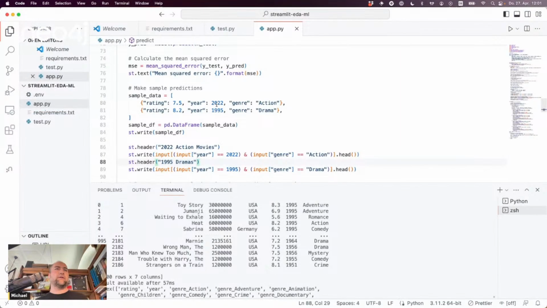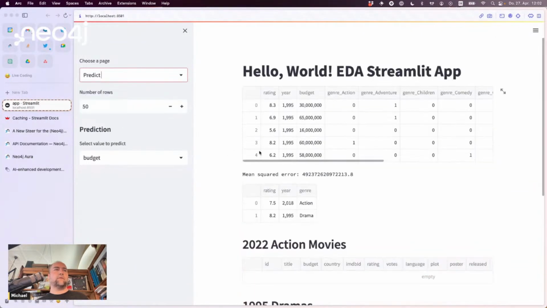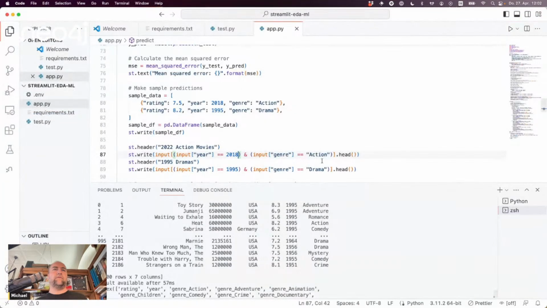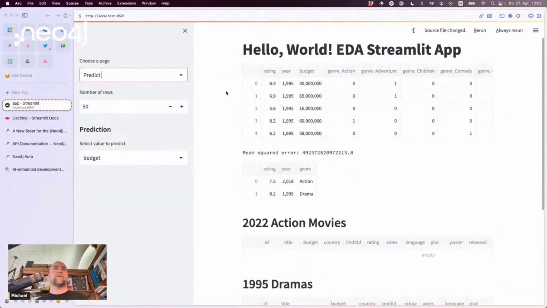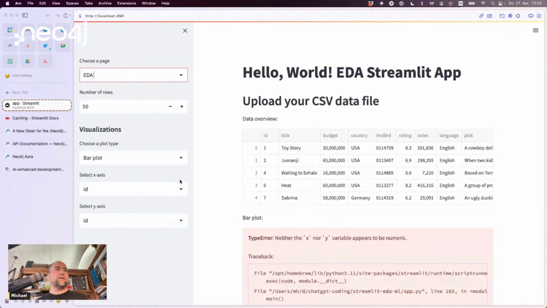And then we should probably take another year, perhaps 2018 or something like that. 2018 for the action movies. We don't have 2018 action movies. That's really weird. Action, genre action, year 2018. That's odd. Let's go to our EDA and let's plot